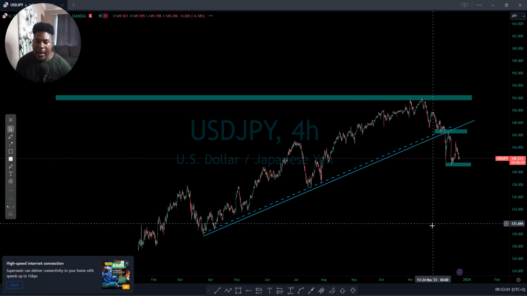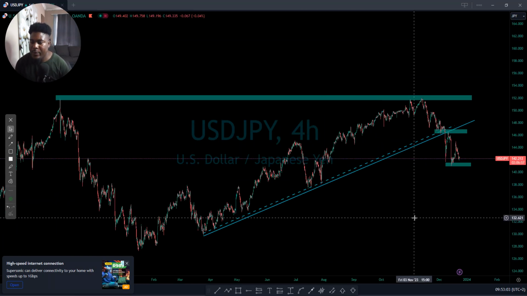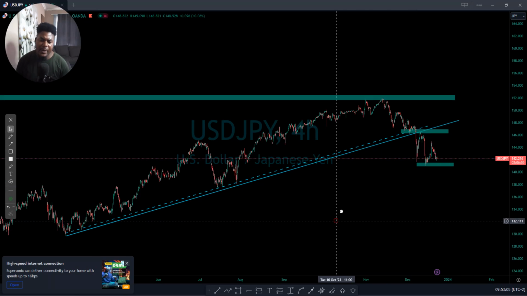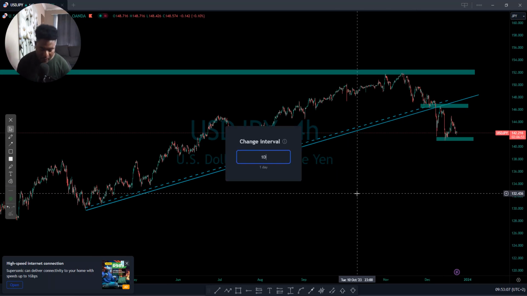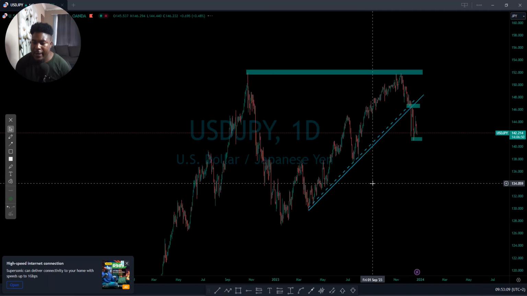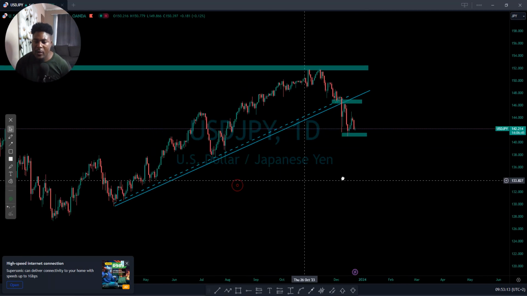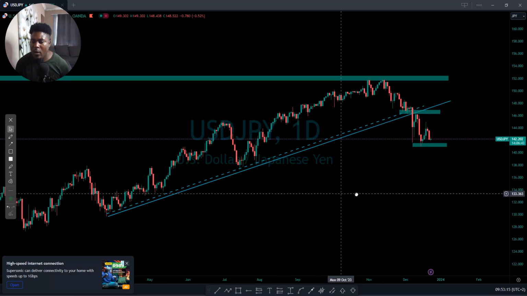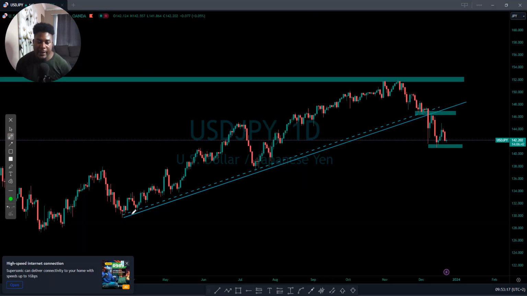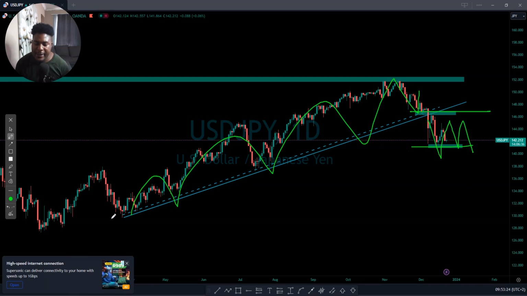So now we are on USD JPY. Now we are on a downtrend. Previously, you can see we were on a very nice downtrend. So now we're no longer on that downtrend. The market has been pushing up very nicely, so we had a breakout. Where we are now, the market is just consolidating.